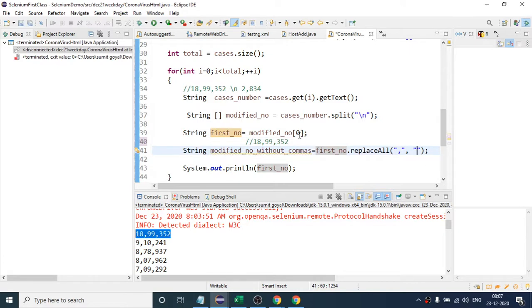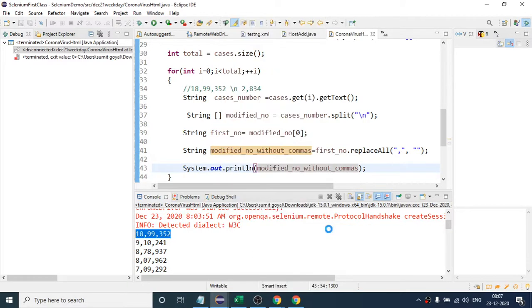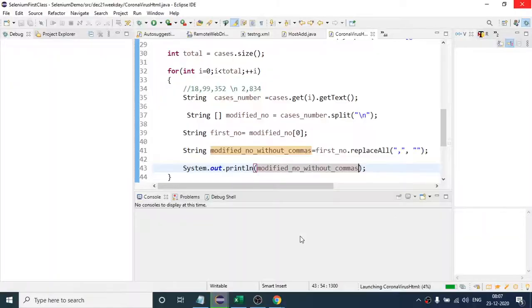So no space I have provided, so it will remove the comma and do this. Now if I run this, and after that I will print this variable, instead of the first number I will print this. You will see now how we will get the output. So let me run in run mode this time.